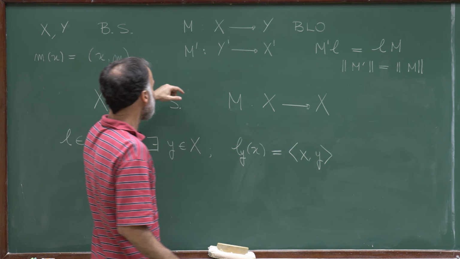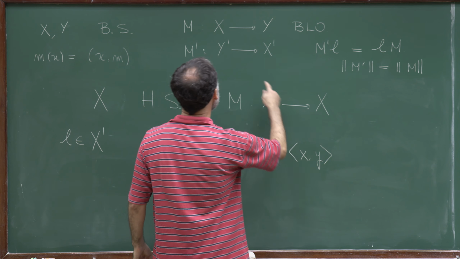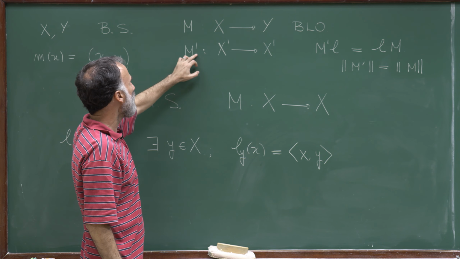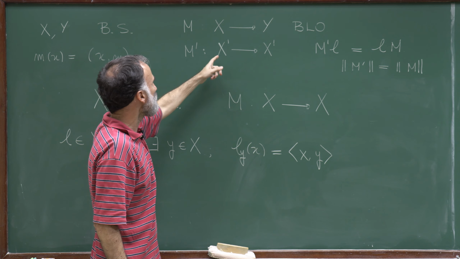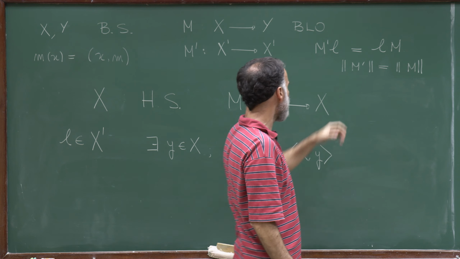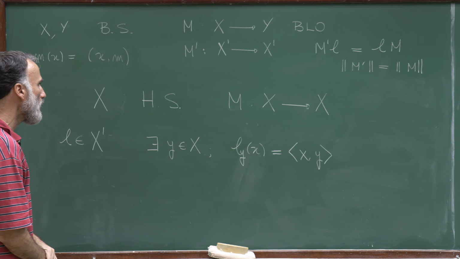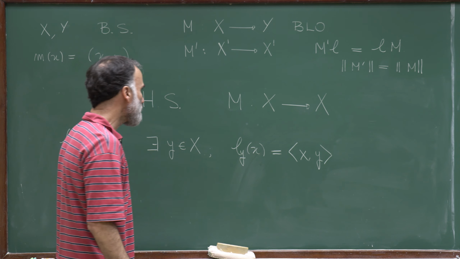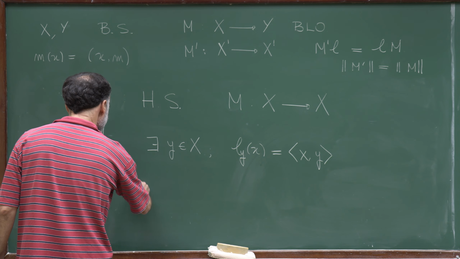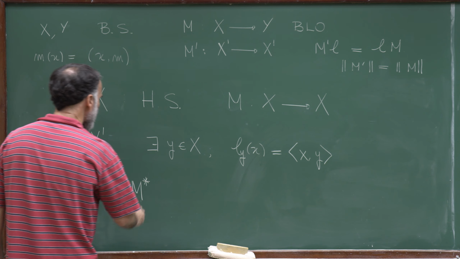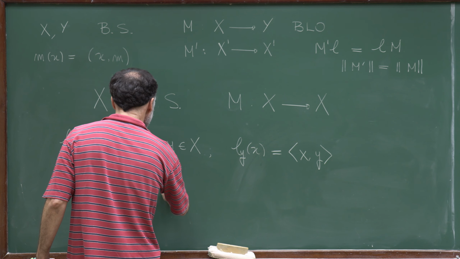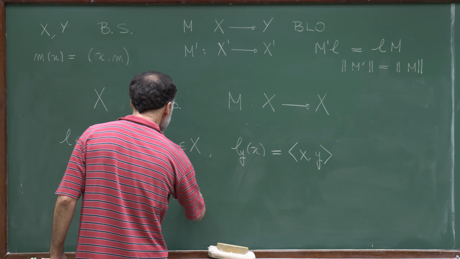So in this context, in which I have this bounded linear operator M, I can define, as before, the transpose M prime, as a bounded linear operator from X prime to X prime by this identity. Now, let me define a new operator, M star. M star goes from X to X,